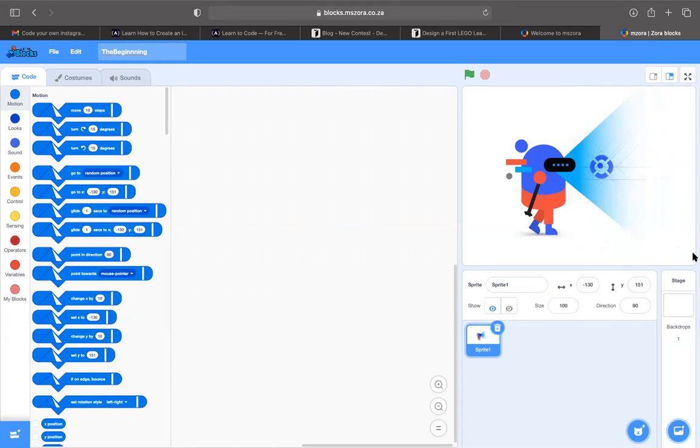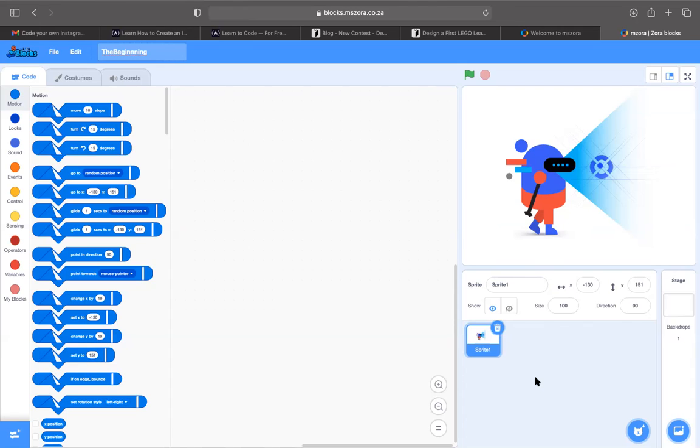This is where we are going to see what the code that we have placed here does. So we are going to place our algorithms on this coding area, and we are going to have our characters that we have chosen to replay the code for us so that we can see it coming to life.